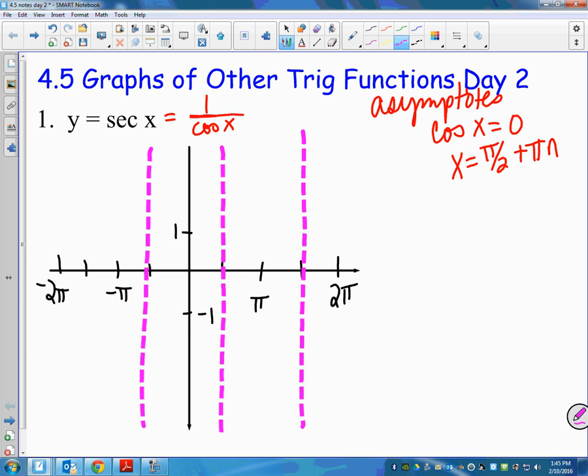Negative. My graph are all supposed to look like that. Why didn't I make my asymptote to pi? Because I just wanted to make for 2 pi like we do with cosine. Okay, but you can do your